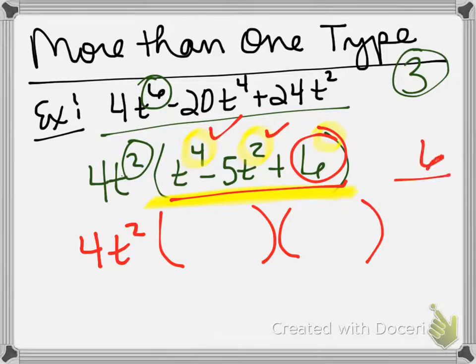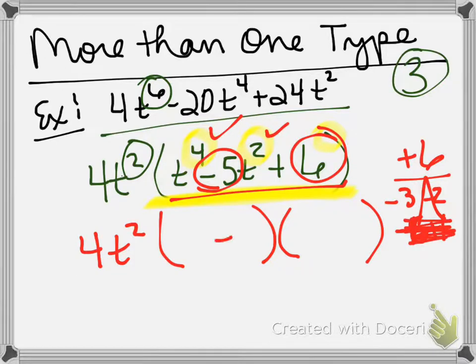So similarly to the last problem, what multiplies to give me 6 and adds up to give me negative 5? So remember, this has to be positive 6 and adds up to be negative 5. I could use negative 6 and positive 1, but do they give me positive 6? No, they don't. So I can't use that one. I have to use negative 3 and negative 2, because when you do negative 3 times negative 2, it's still